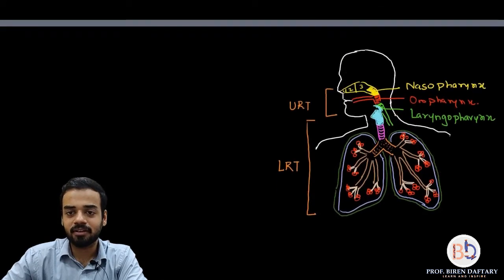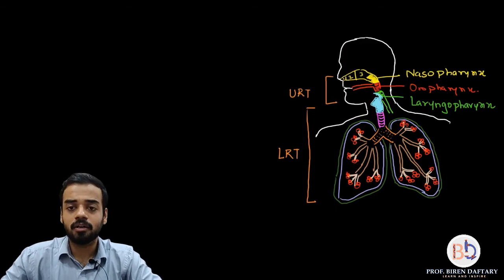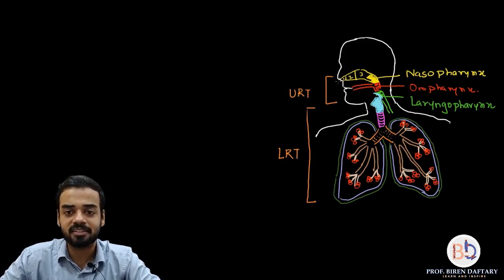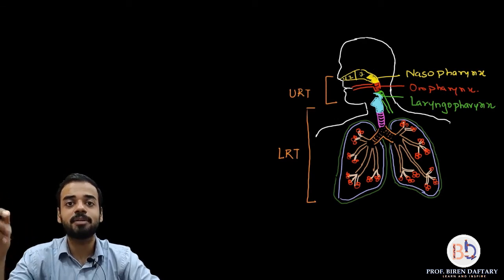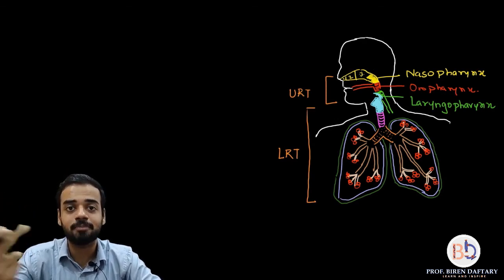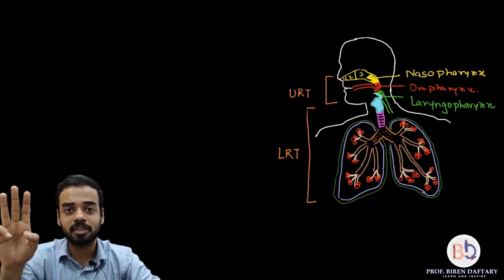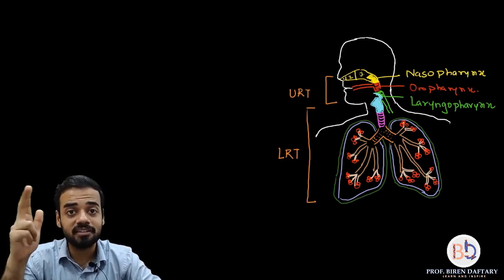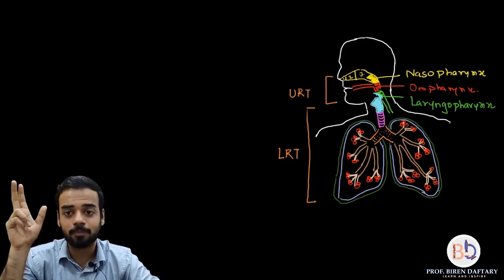Let's revise it very quickly, because I don't have much time. The first part of the respiratory system is the nose. Nose is made up of how many parts? External layers, nostrils, internal layers, and the three parts of the nasal chamber. What makes the nasal chamber? The cartilage called mesethmoid. The nasal chamber is made up of three parts. First is the vestibule, second is the respiratory part, third is the olfactory chamber. You know the functions of each of them. If you don't know, please go through the chapter once again.